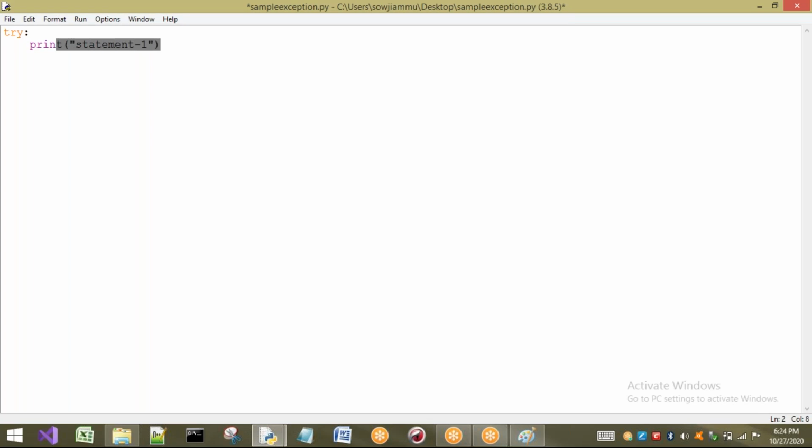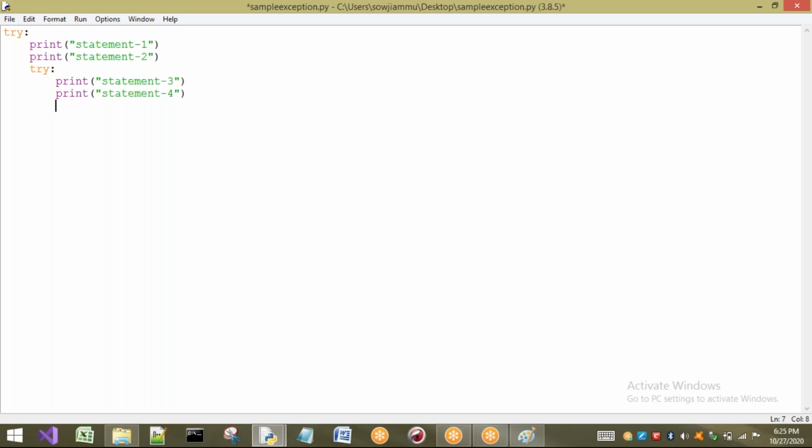These two statements belong to the outer try. Now I want to take a nested try here. In this I want to take statements, here also two, statement 3 and statement 4.